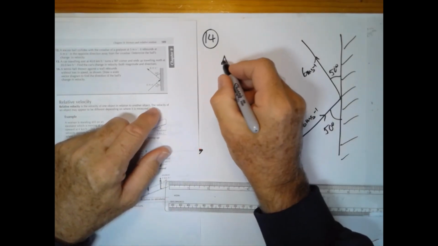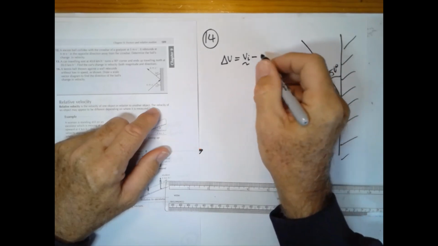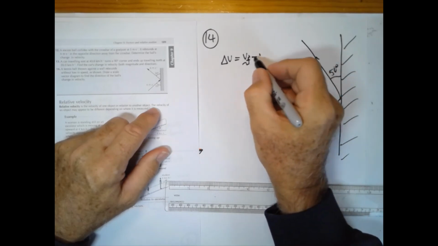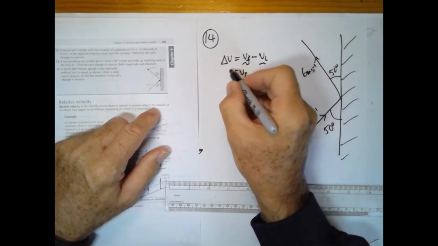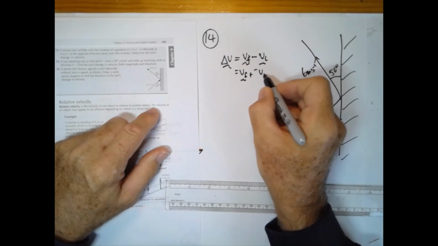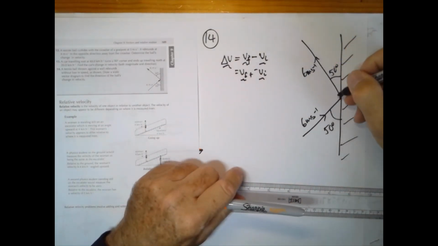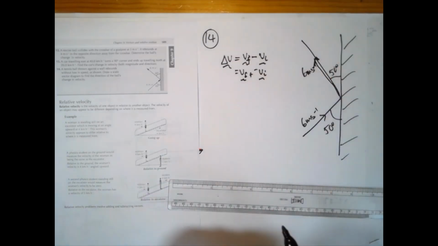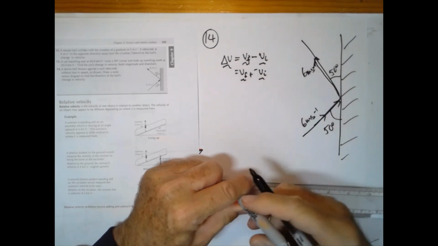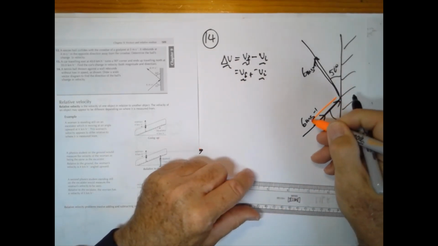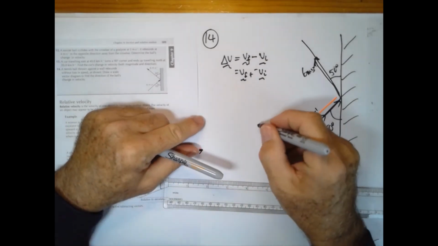Change of velocity is equal to final velocity minus initial velocity. It's final velocity plus the negative of the initial velocity. So let's see, we've got our final velocity here, and we've got our initial velocity here. The negative of the initial velocity is here, so let's do our addition. Final velocity